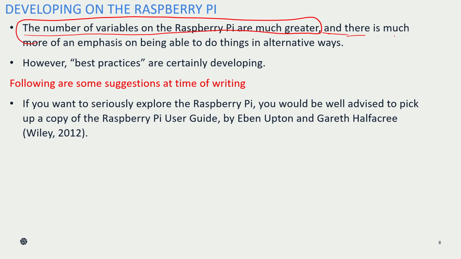That is why we can do much more things, because we have much more variables on the board. That is why you can use the Raspberry Pi for any project, because it's a kind of mini computer. It's acting as a mini computer, so you can use it for any educational purpose or project.